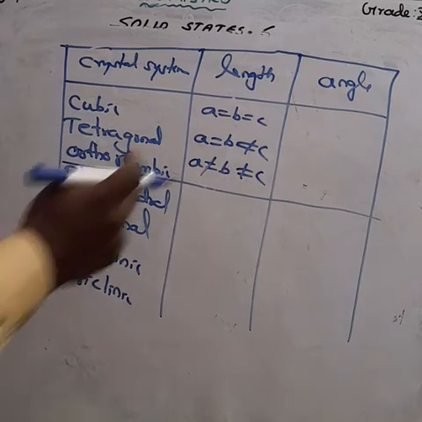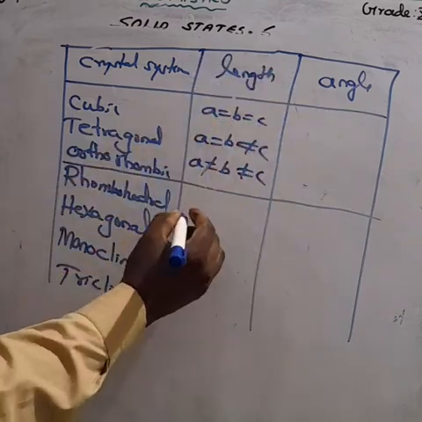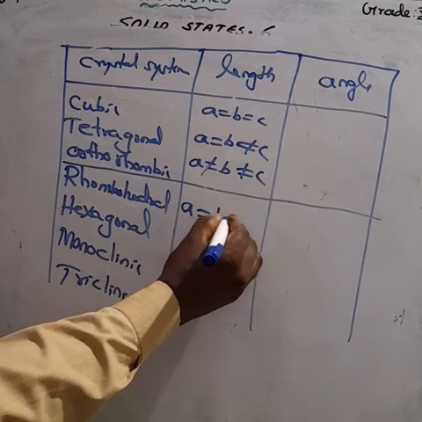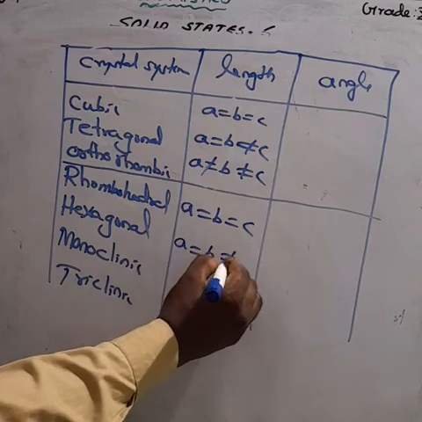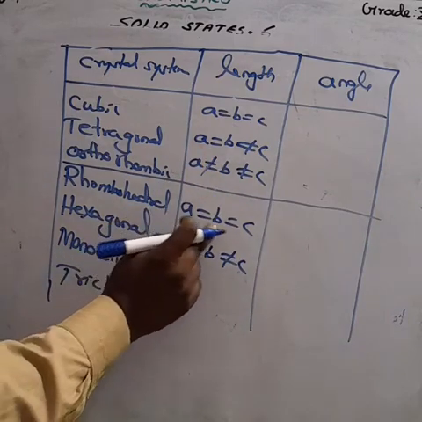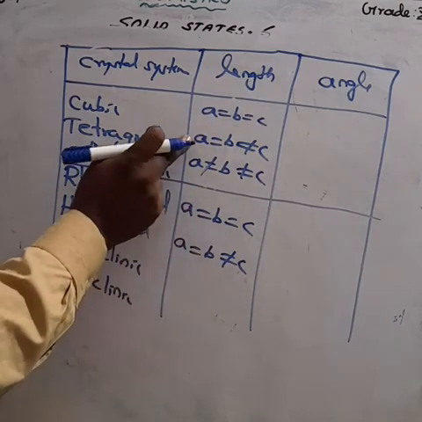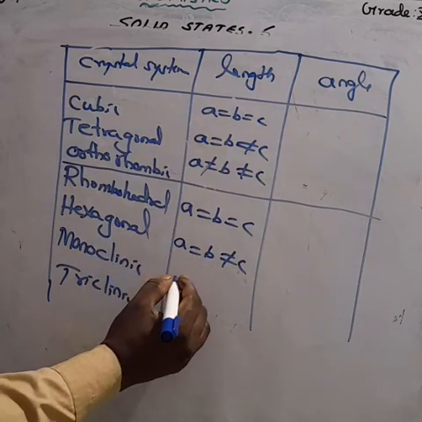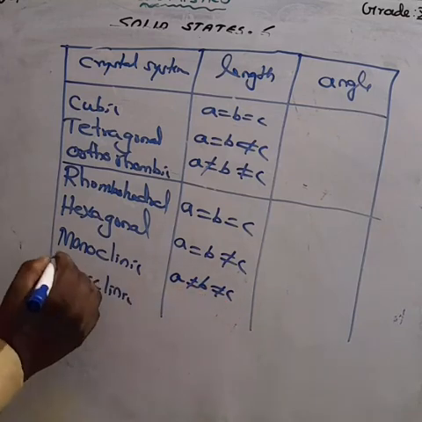Again repeat the same three for the fourth, fifth and sixth. The first one you write as the fourth, the second as the fifth, then the third as the sixth. First: A is equal to B, B is equal to C. Second: A is equal to B, B is not equal to C. Third: A is not equal to B, B is not equal to C.